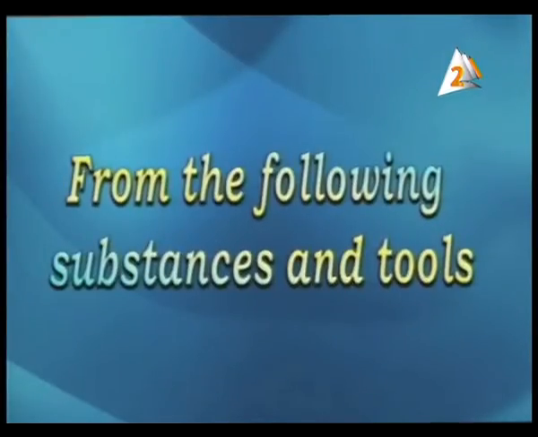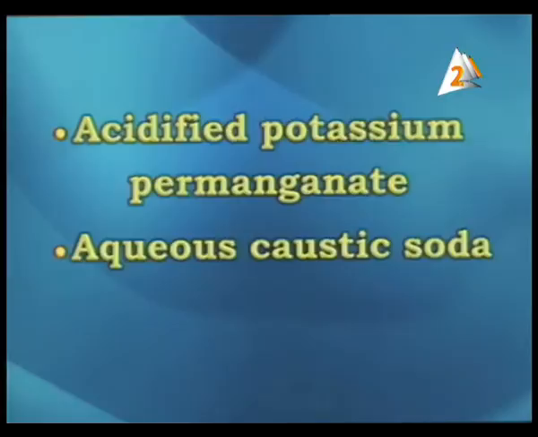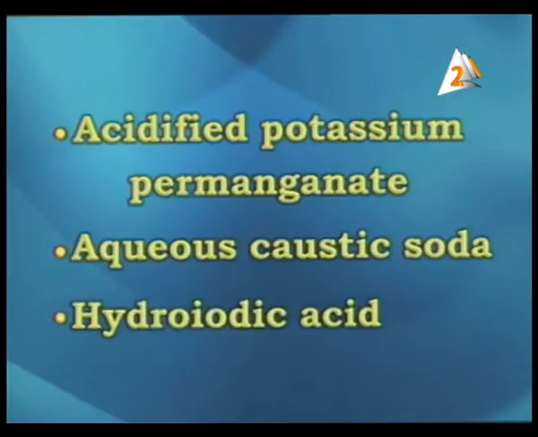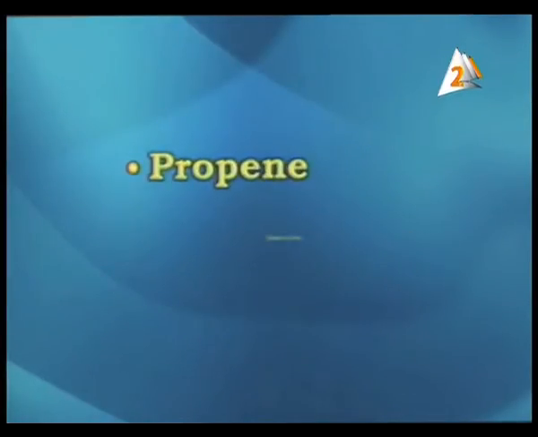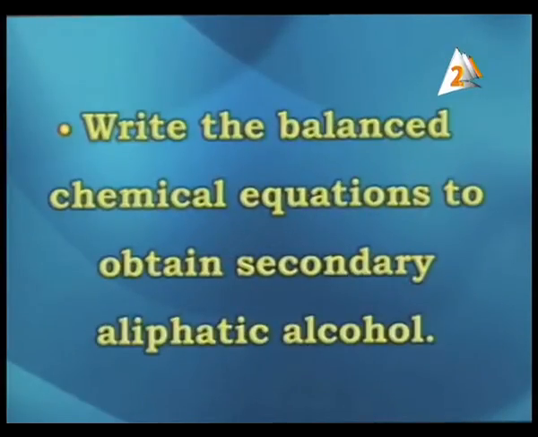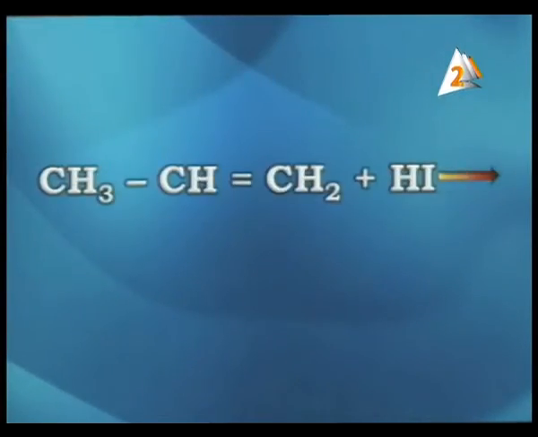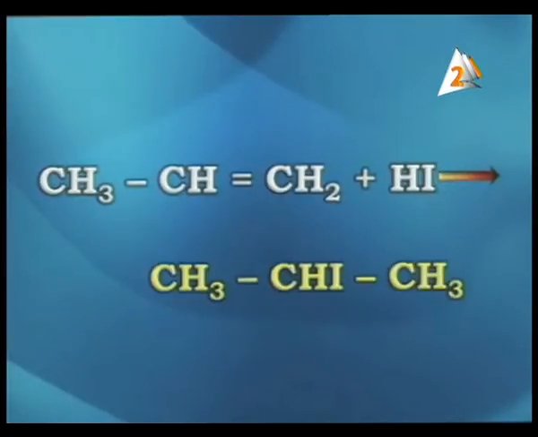My dear students, next type of question. From the following substance and tools, acidified potassium permanganate, aqueous caustic soda, hydroiodic acid, propene, benzene flame, write the balanced chemical equation to obtain secondary aliphatic alcohol solution. Here propene plus hydroiodic acid, it gives